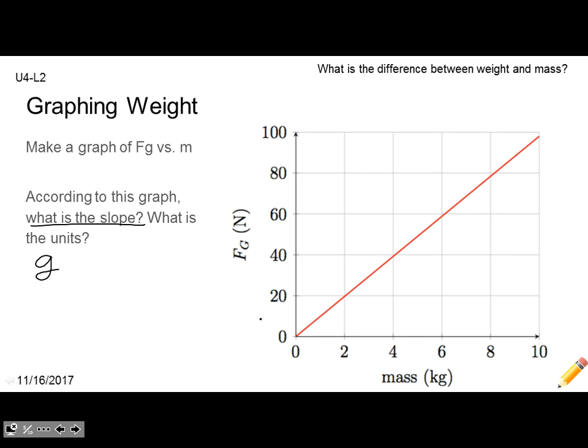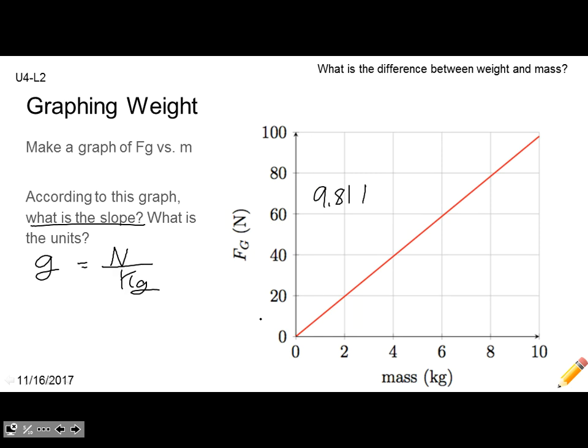Right, what would be the units of the slope here according to our x and y? Newtons over kilograms. Okay? So it turns out that another way you could write G is you can say G